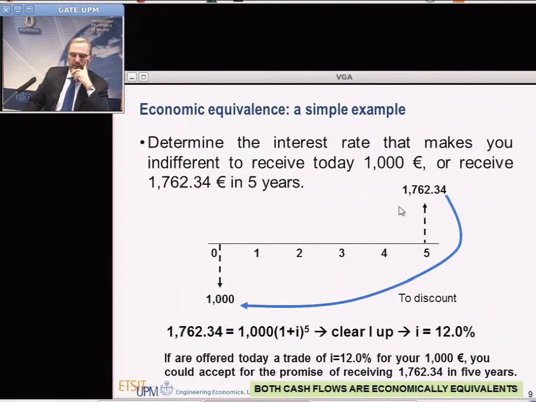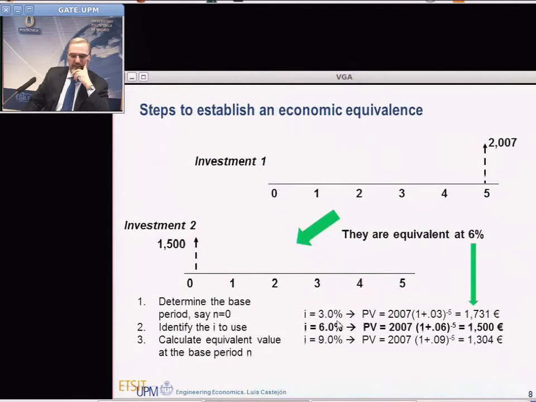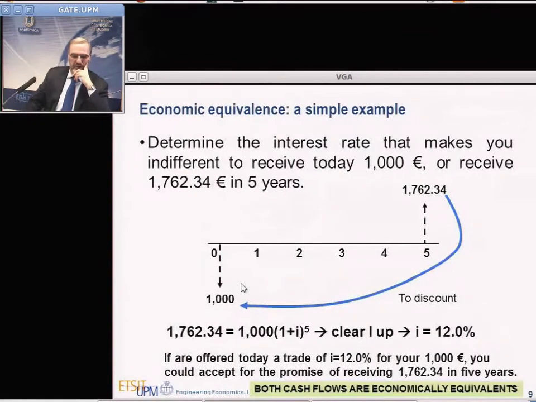What we are going to use is the general formula, not the trial and error procedure we used here. The present value is 1,000, the future value is 1,762, and we are going to find the interest rate that makes